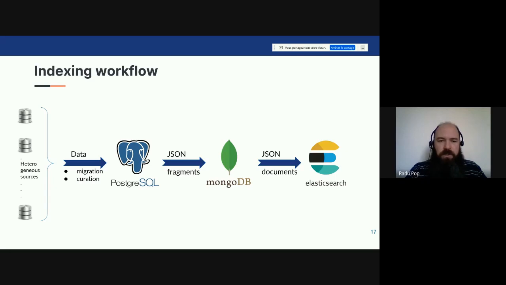Everything is stored and centralized in a relational database. We have a PostgreSQL instance. And then the natural workflow would have been to insert all these documents into Elasticsearch. This is what we tried to do in the early beginning of the project. And considering the amount of data and the number of documents that we have, the whole process took around 2 or 3 weeks of indexing.